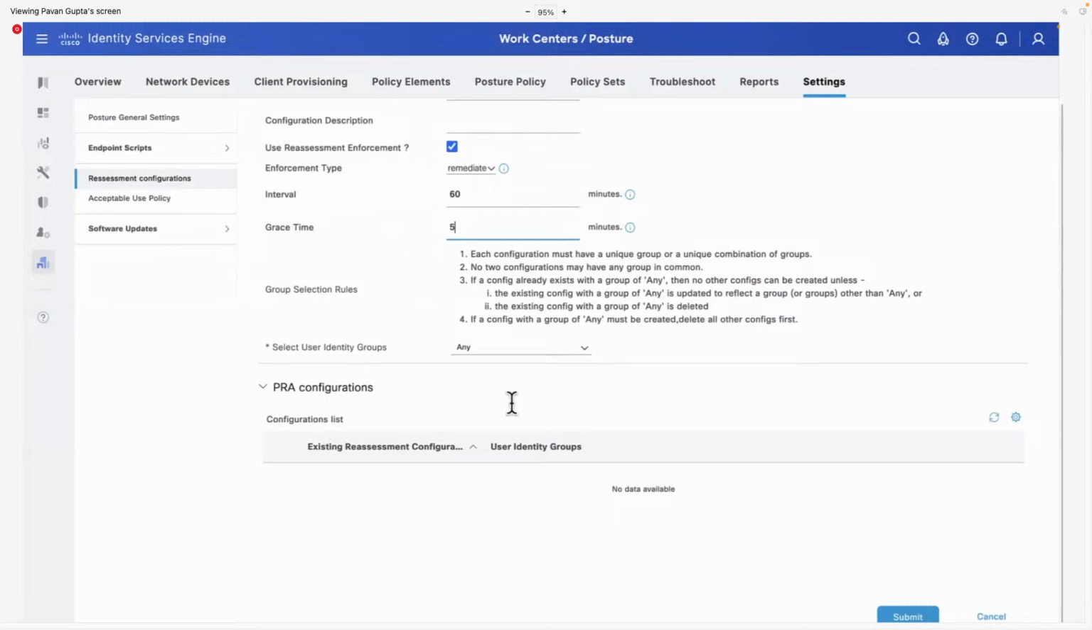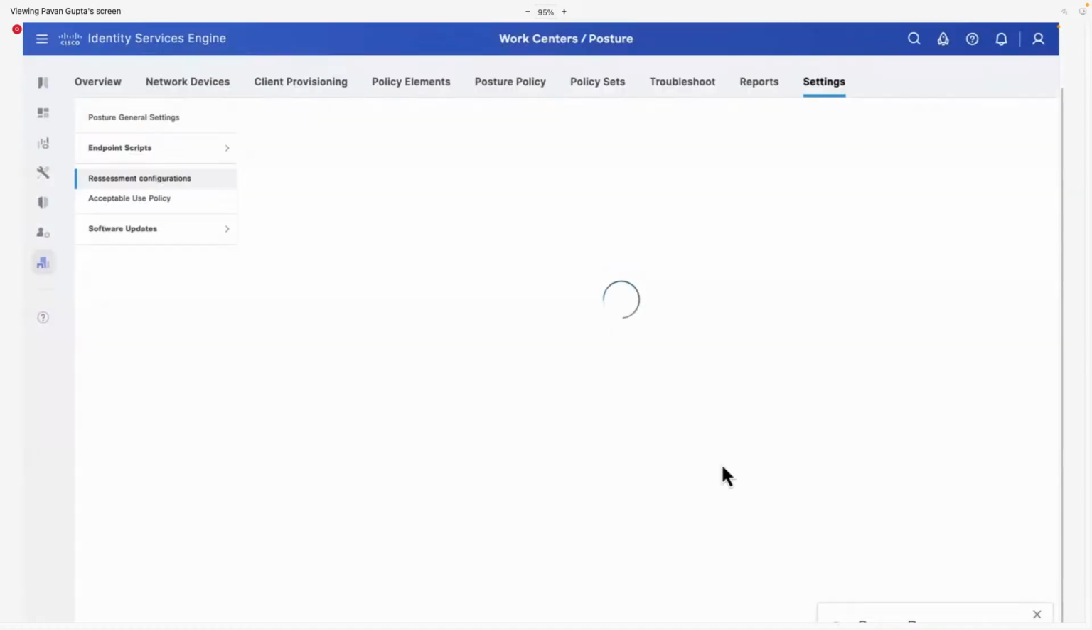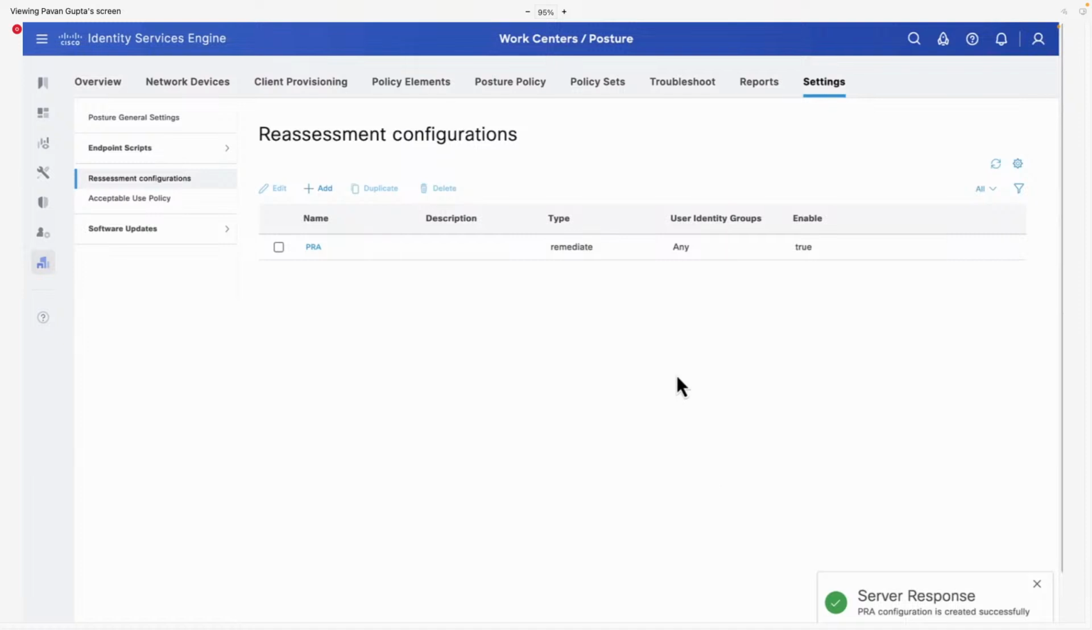Consider a situation where every 1 hour we were doing a posture assessment on these endpoints. If one of the posture policies is not compliant on a single endpoint, that endpoint is going to get a 5 minute grace period in order to meet the requirements. That's what the grace period is given to the endpoint during the PRA. Now that we have defined this,